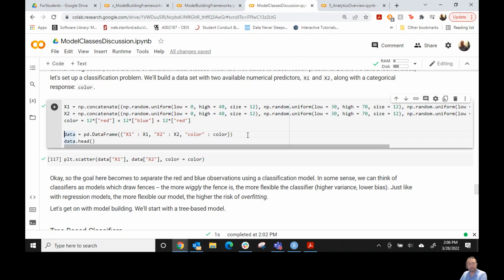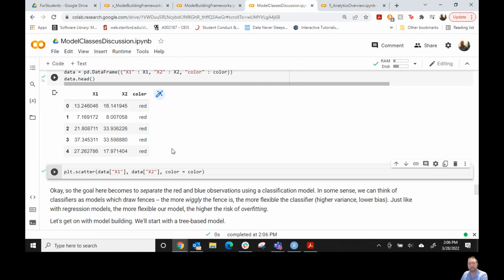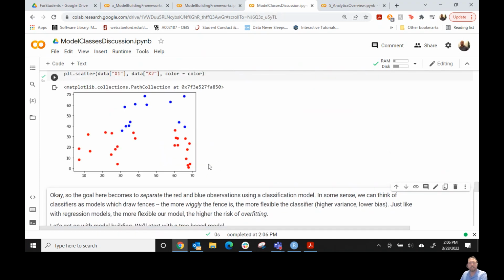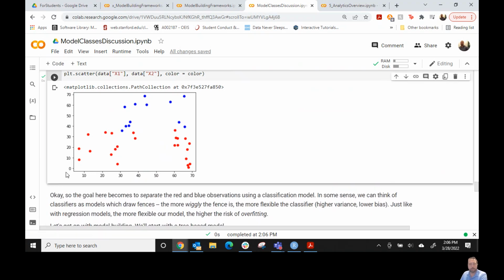We'll build out a data frame to organize these observations, and then let's take a look at what the data frame looks like. So I have an x1 coordinate, an x2 coordinate, and then a color. And if we build a scatter plot of this, we can see the data that we're working with. So I've got this lower left area in my plot where x1 is small, x2 is small, and